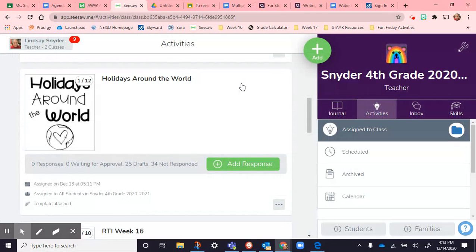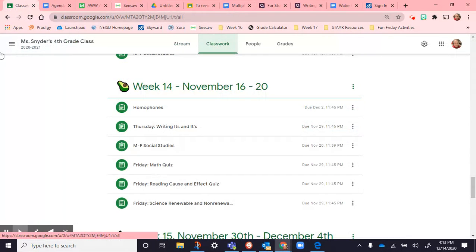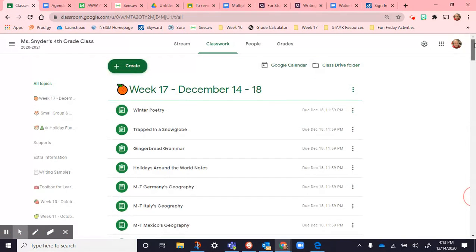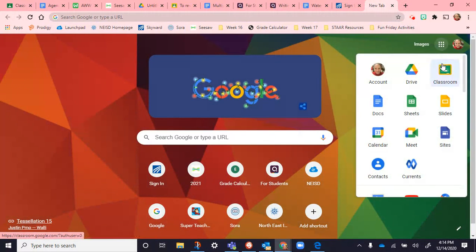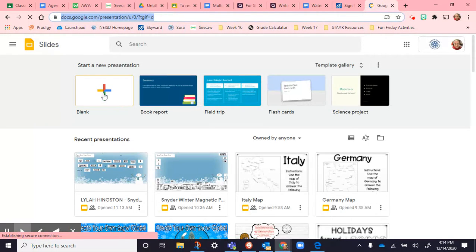Then students picked, so they had the options to pick from France, Italy, Mexico, Australia, or Germany. So they picked one, and then they did some research on the geography today. So they had options. Some students wanted to make their own. So they opened up a new tab. They went to the waffle here, where the Google apps are, and they went to slides. And in slides, when you click up here, click blank,